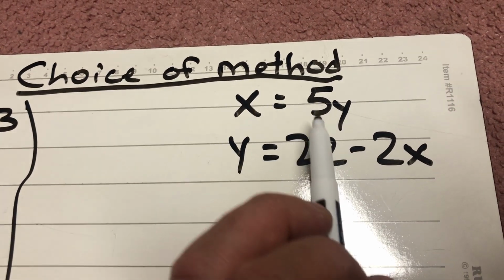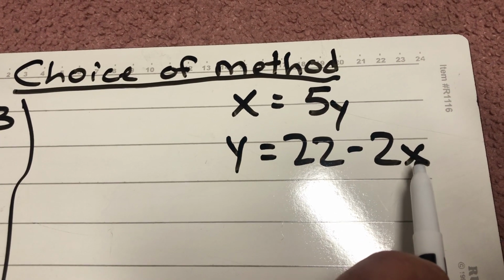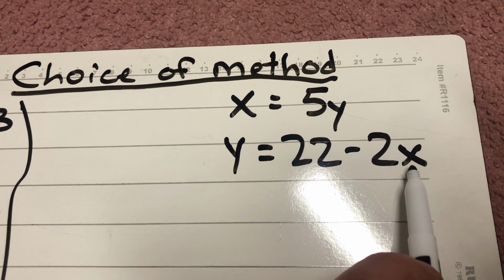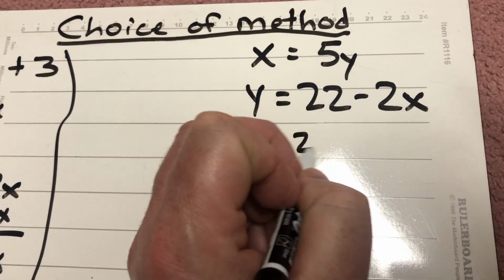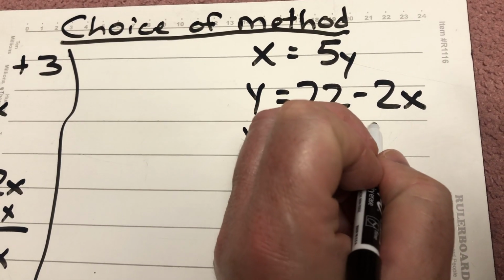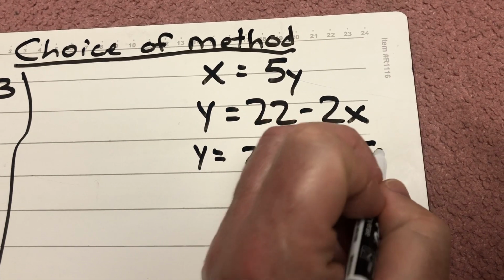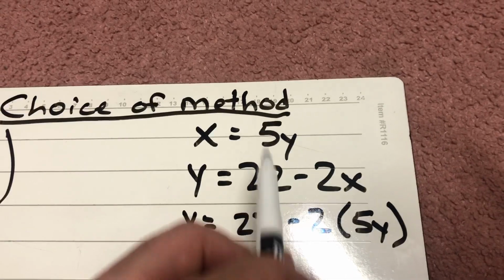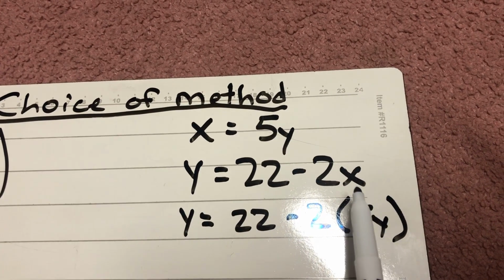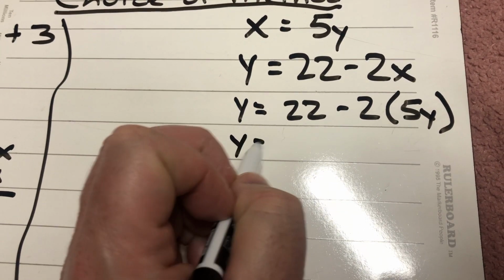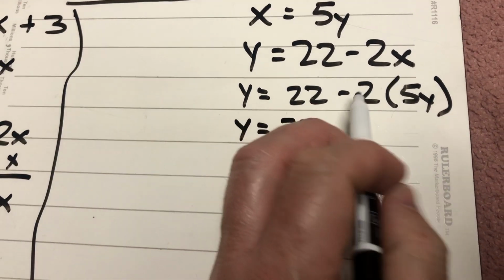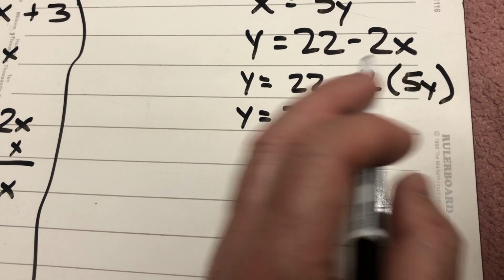And I'm going to go ahead and I guess I'm just going to plug in 5y for x here. And so I'm going to go ahead with y equals 22 minus 2 times 5y, because this very clearly tells me that x equals 5y. So I'm plugging that in here. So that tells me that y then has to equal 22 -2 times 5 is a